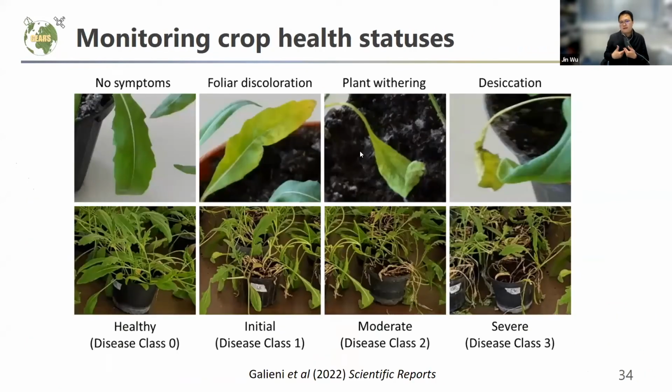Going beyond trait screening, hyperspectral remote sensing can also contribute to health monitoring. For example, the figure shown here shows a healthy plant and unhealthy plants, and even the unhealthy plants probably have different development stages. From our naked eye, we can already see their color difference, right? And hyperspectral remote sensing can provide way more information, so they can be much more easily differentiated. So it can also contribute to crop health monitoring.